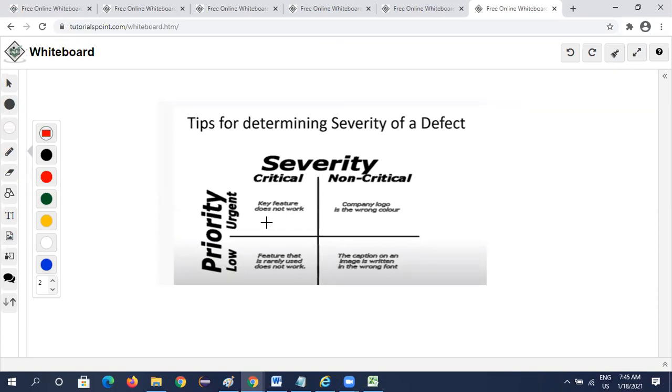Due to that bug, if the key feature does not work, it is critical and urgent. It is severity wise critical and priority wise very urgent.